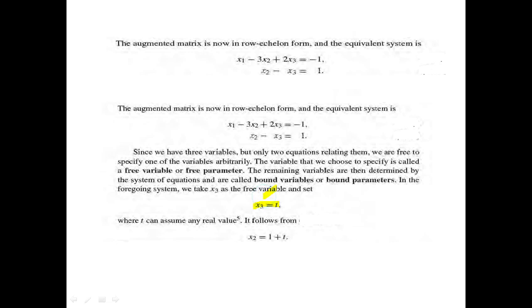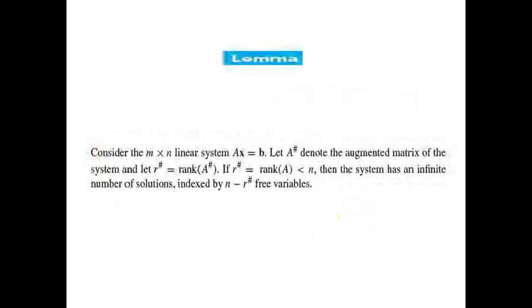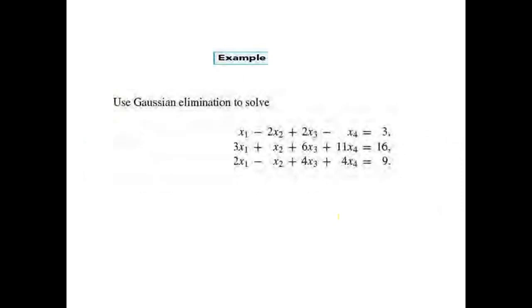So that last lemma proves that if the rank of the augmented matrix is equal to the rank of the coefficient matrix and both are less than the number of unknowns, the system has an infinite number of solutions. Example: